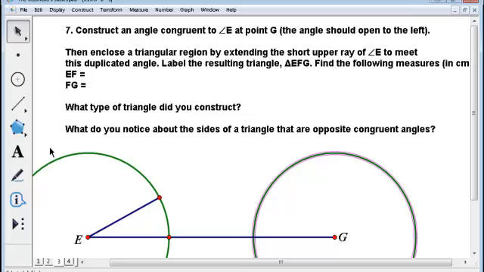Okay, the second part of duplicating an angle is we're now going to measure the distance from these two arc intersections. So I'm going to draw it in right here to show, but this is the length that we want to measure, and we're going to measure it with a circle. So if we place our compass tip or the center of the circle at one of these intersections and extend it to the other intersection,